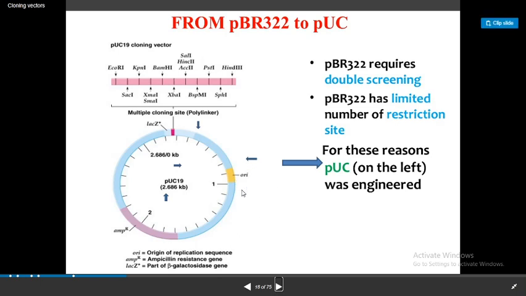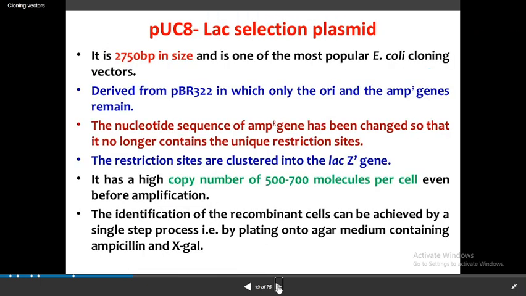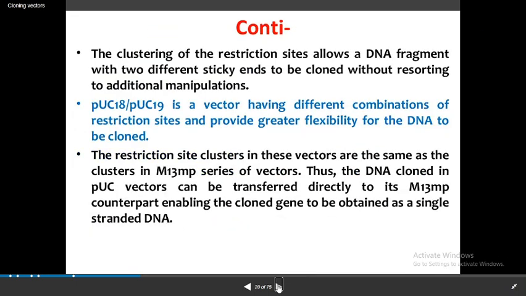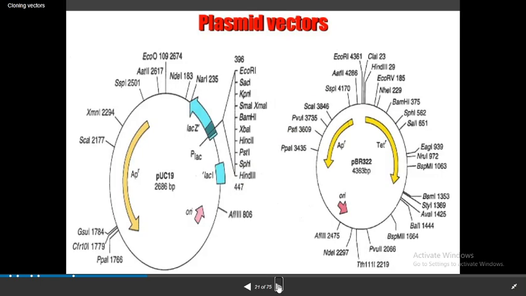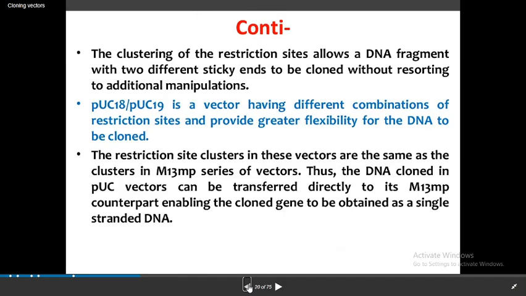Here there is an RI site. Here there are ampicillin resistant regions. Here there is a beta galactosidase producing area, the lac operon. So this is another plasmid, that is pUC8. So give an example for a plasmid. If somebody asks you, you should write the name of this, pBR322 or pUC18 or 19, whatever it is. Okay, so these are the plasmid vectors.